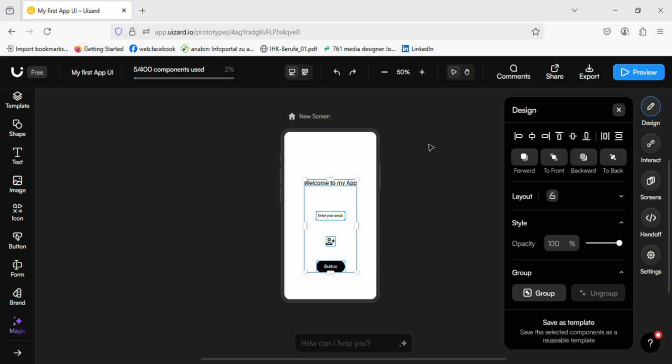guys. So guys, now you know how to use the key UI elements in Uizard, from buttons and text to input fields and icons. In the next lesson, we will build your first custom screen by combining these elements into